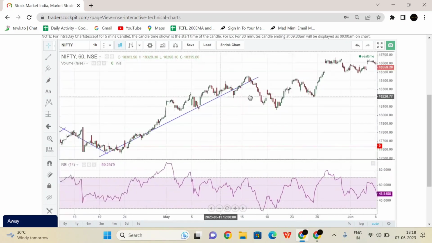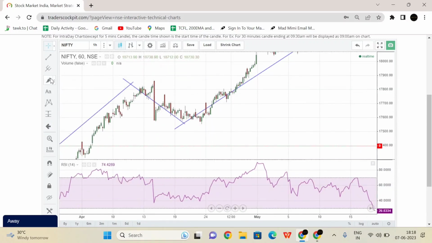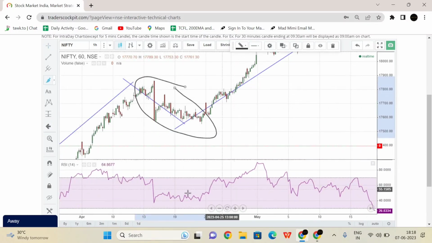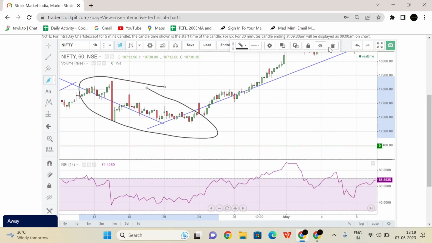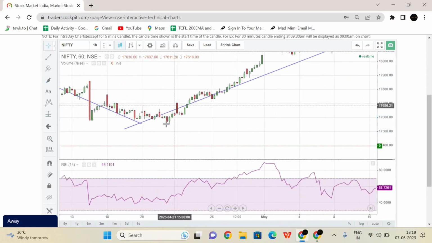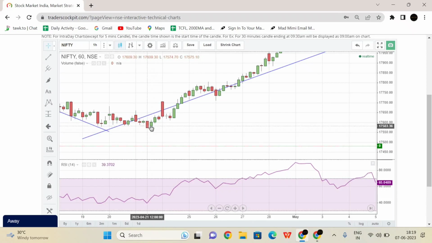In the daily structure it was a higher high, and in the hourly structure it's a higher low. Whenever this higher low happens, if you observe, this is an hourly structure going for a correction. RSI should go near 30. If you observe here, this is 36. Once it goes to 36 or below, near 30, you have to get candle confirmation. What is the candle confirmation here? There is no very good reversal confirmation here. But if you observe, this was a very good confirmation: a piercing pattern. Here also an engulfing pattern is almost confirmed.